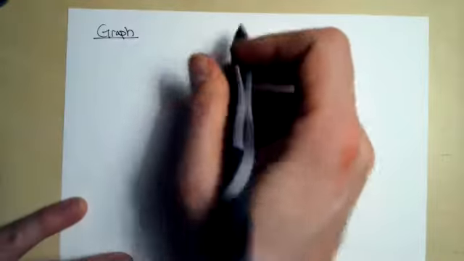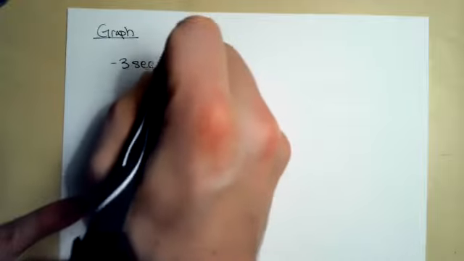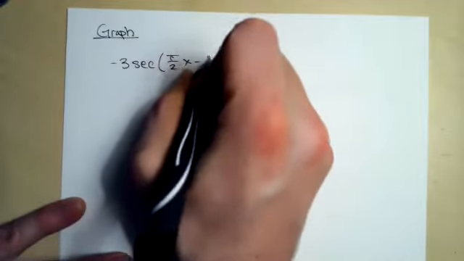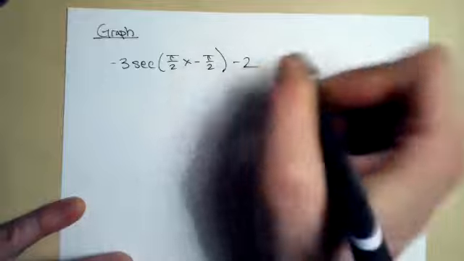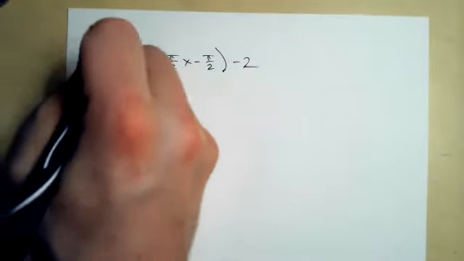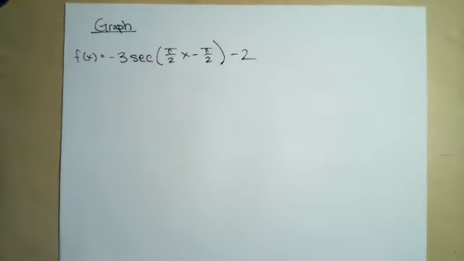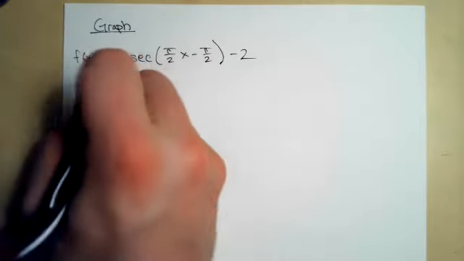All right. So let's do one hard one, and then hopefully we'll have a little bit of time to do one of these more abstract problems. Let's graph -3 secant of pi over 2, x minus pi over 2, minus 2. So how do we graph this? The first thing we're going to do,